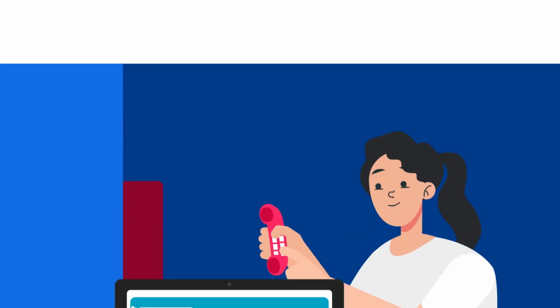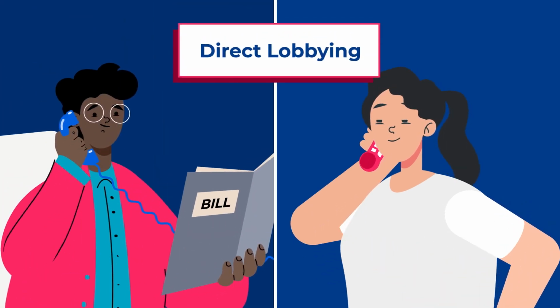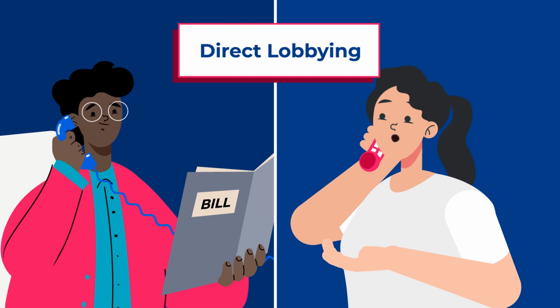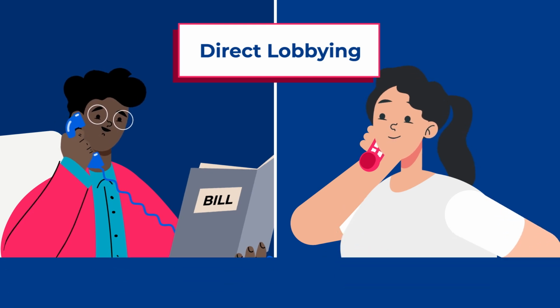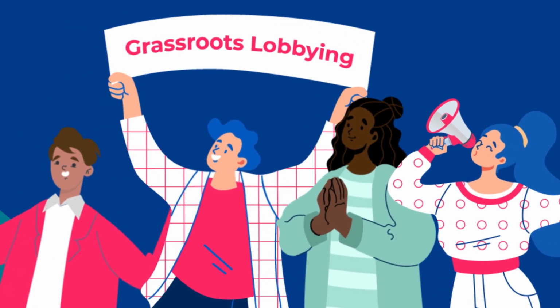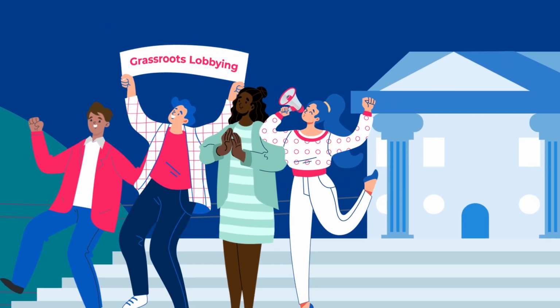First, you need to know how to define lobbying. Direct lobbying happens when you communicate with a legislator or their staff and express a view on specific legislation. Grassroots lobbying is a communication with the public that expresses a view on specific legislation and contains a call to